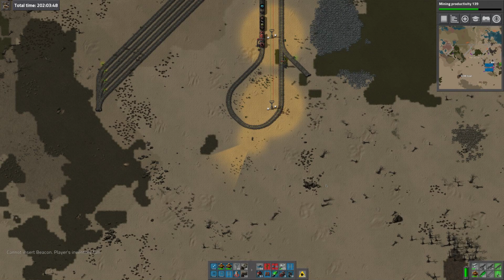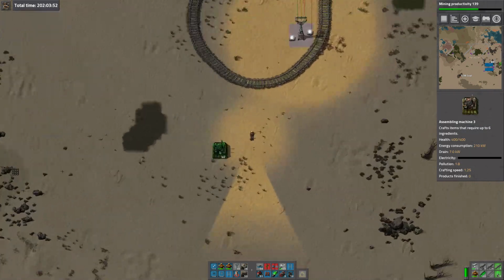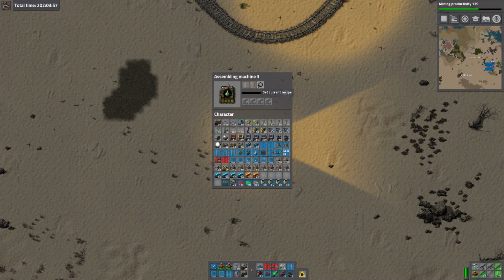Hello and welcome back. So the plan today is to do green science, Science Pack 2. This build is going to be a bit more involved. So this needs arms and belts. However,